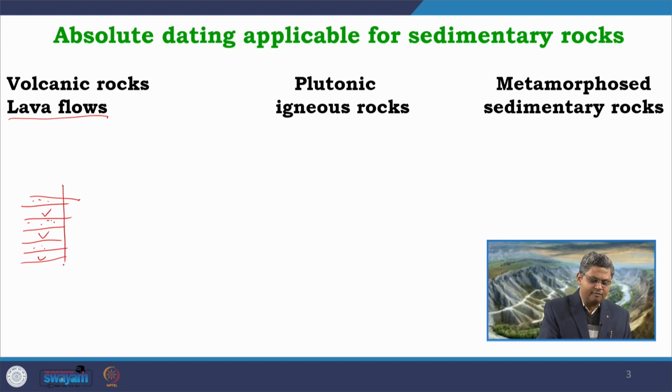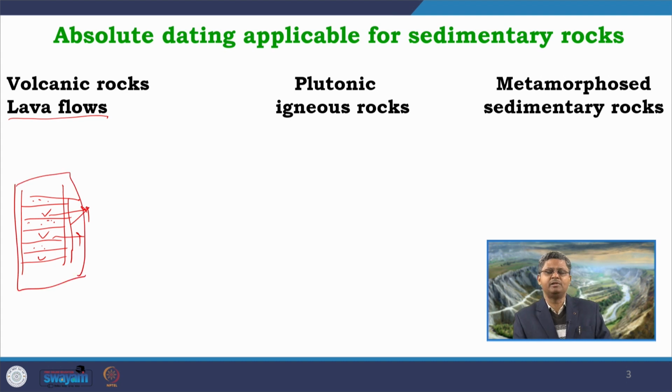When this kind of intermixing goes on, we can apply any of the radiometric age dating methods to these volcanic layers, the lava flow or tuff layers, and we can get the age. Definitely here the sedimentation is going on almost simultaneously with the volcanic layer. So in such cases, we get the absolute age, the exact age, of the sedimentary layers present within this particular package. I will give a better example in the next slide.